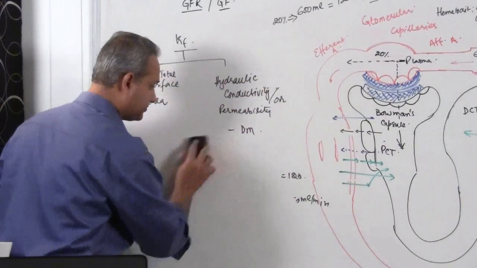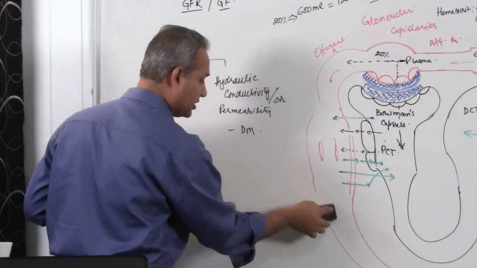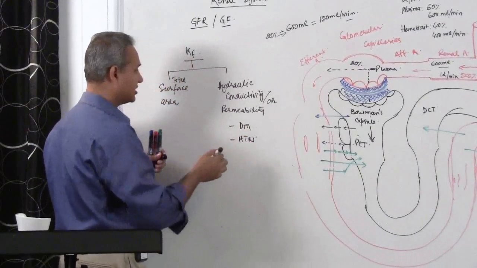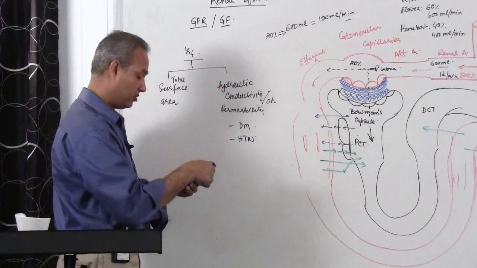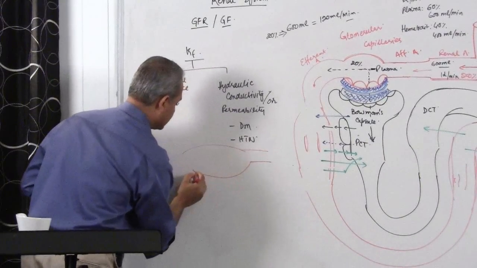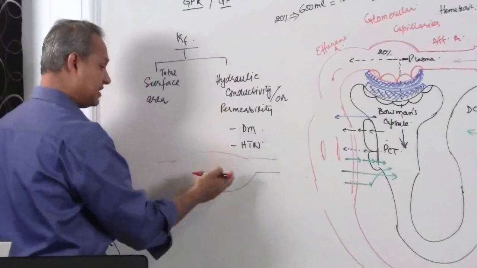Okay, next thing, hypertension. Hypertension is another thing which can cause permeability changes. How? This is how it does it. So let's say this is the membrane. The increased blood pressure